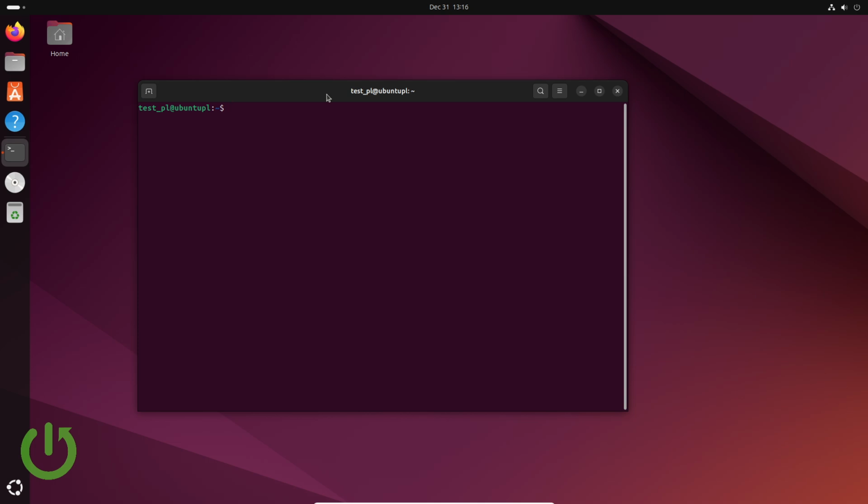And right now I will maybe first of all create a user in order to have some different groups than my test_pl group. So I will create user, for example, test user like this. I will type in my password and sudo, and for the test user, and I will set the new password. So I will do it like this, and right now I have the new user that I will use in this chgrp